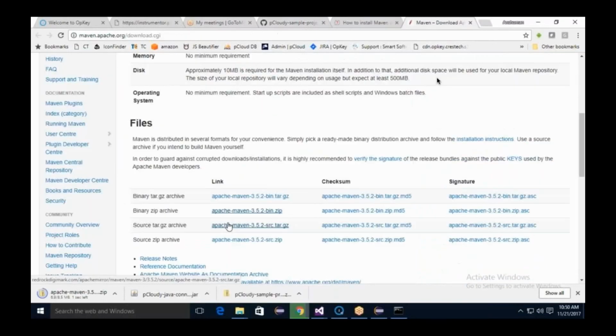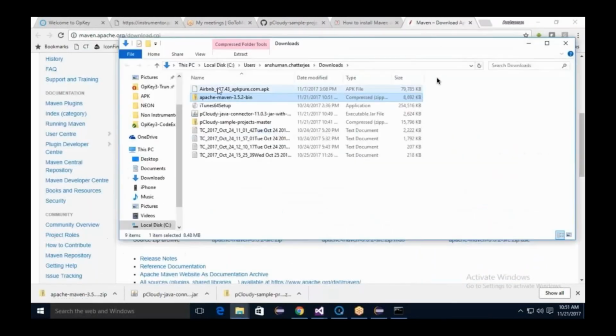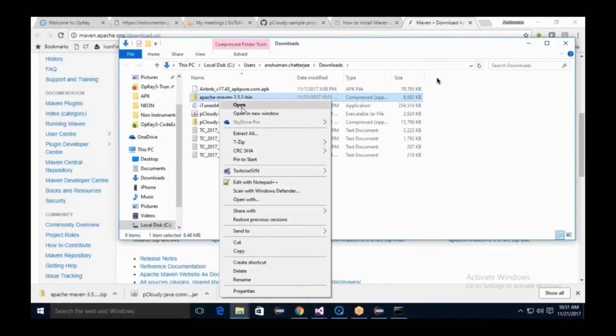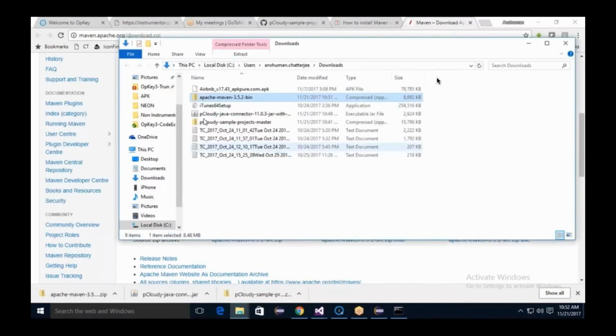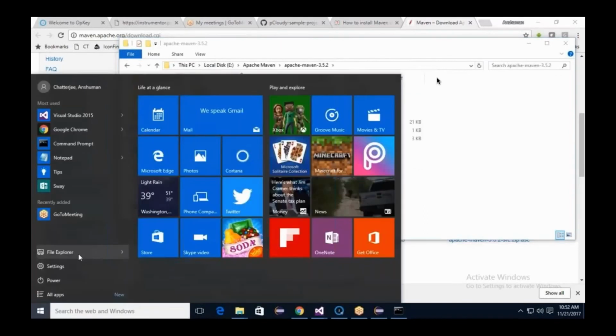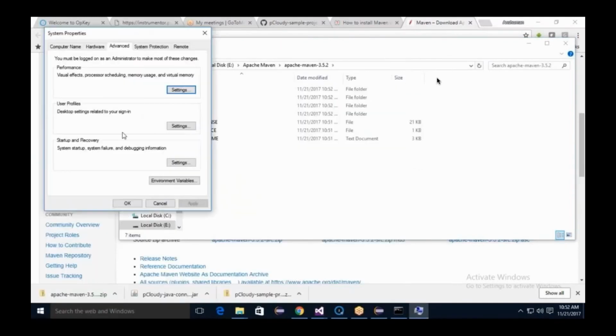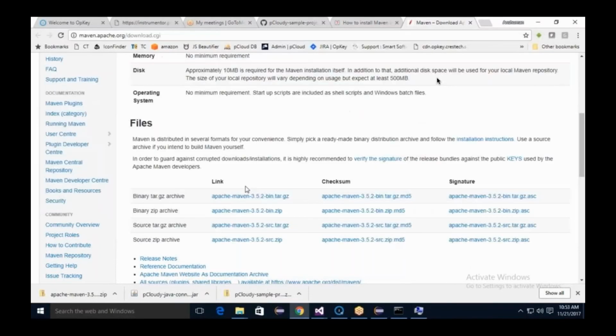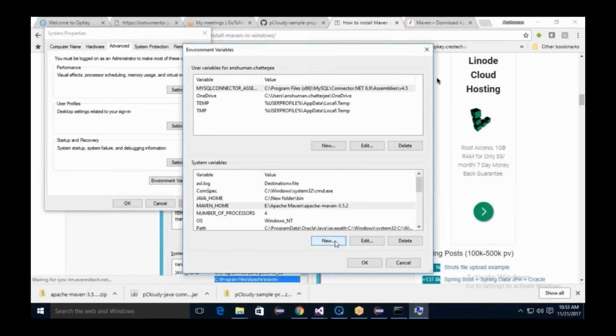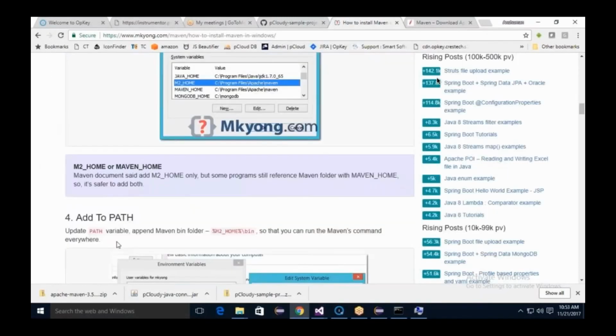So there's a Maven open build. You don't need to install it. You can just extract it and paste it somewhere and set the Java paths, the Maven home path, the repository path, and in your path variable, and you are done. Maven is set up in your Windows machine. If you are using a Linux or Mac machine, then you can install it by sudo apt-get, or in Mac by brew or cask. And on the same website, the procedure for installing it in your Linux or Macintosh machine